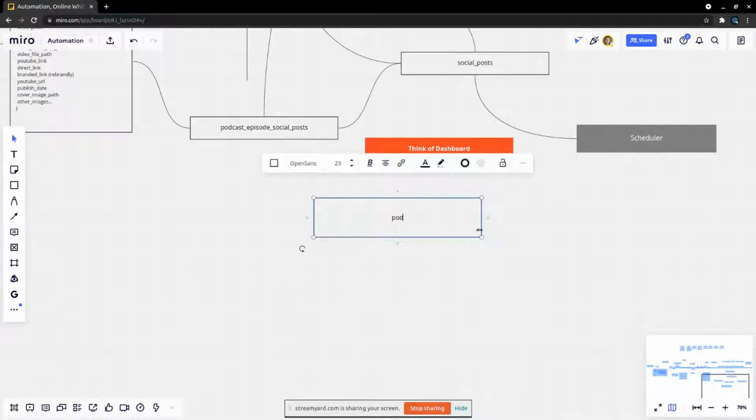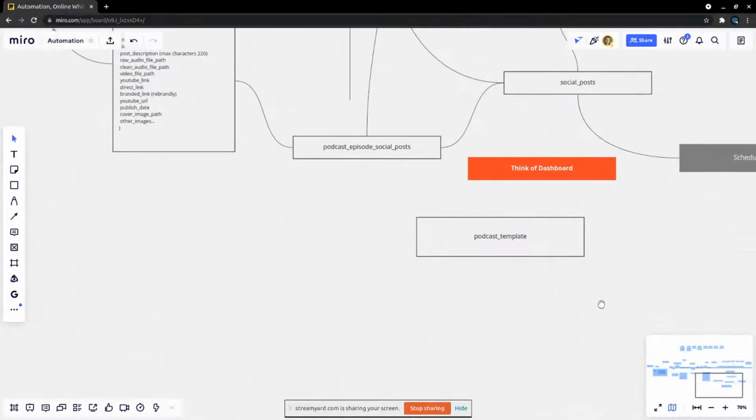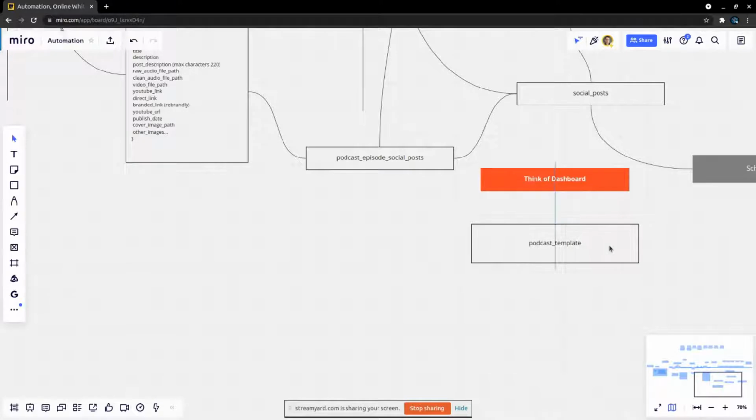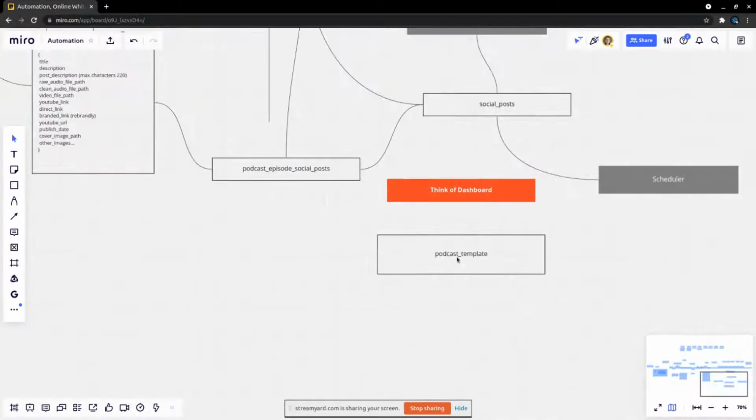So we might call this something like podcast template. Later on, when we have an interface, you'll be able to play around with this. So it's not really a podcast template, it's like a podcast publishing template.